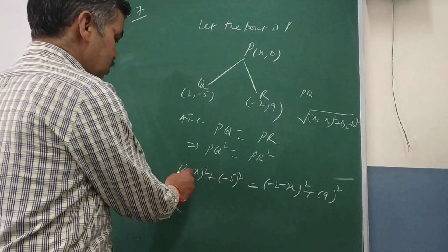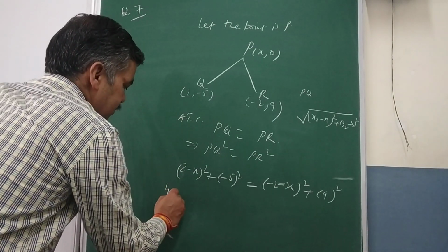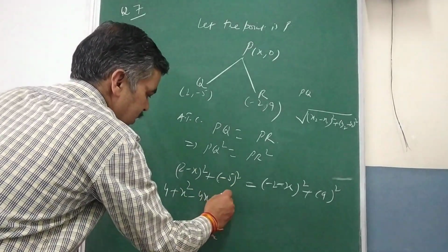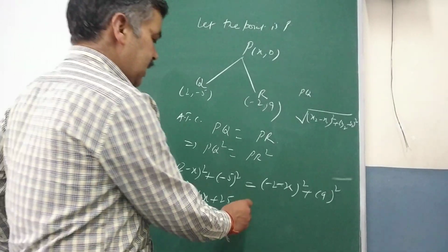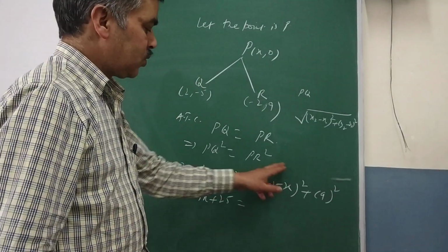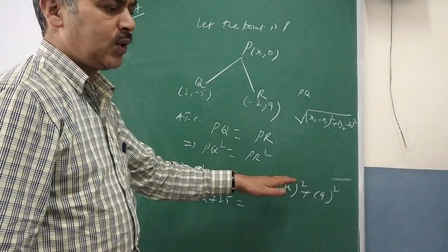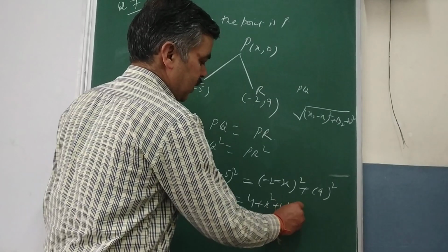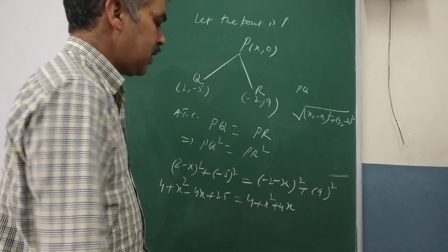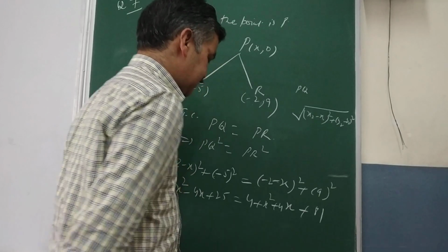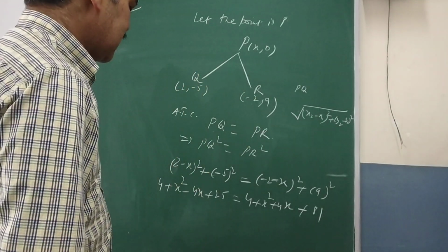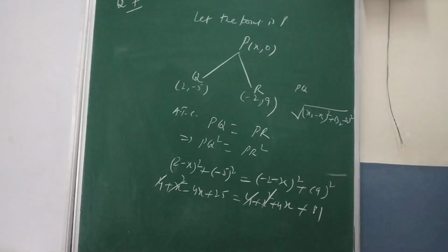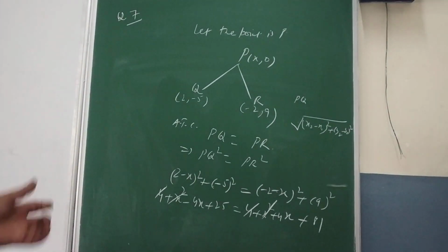So here you know that the left side is equal to 4 plus x square minus 4x, and then plus 25. Yesterday I explained, when both are negative, you take the minus common and it is converted into (a plus b) whole square, so your result will be 4 plus x square plus 4x, that is a square plus b square plus 2ab, and then plus 81. Now whatever possibilities there are to cancel, like the 4, do it. This is from your understanding point of view. Try to make your calculations as easy as they can be.